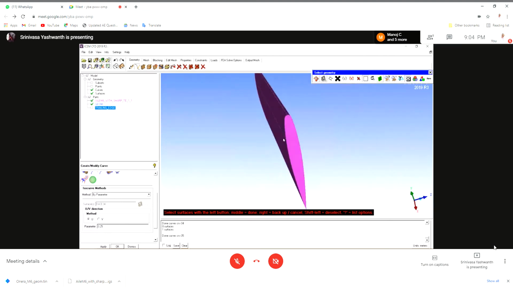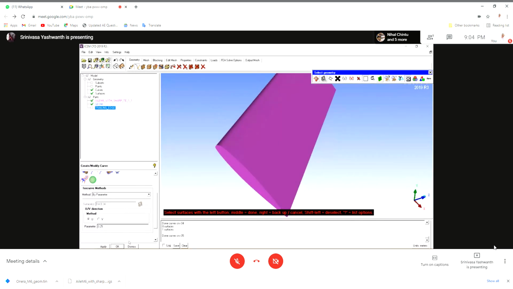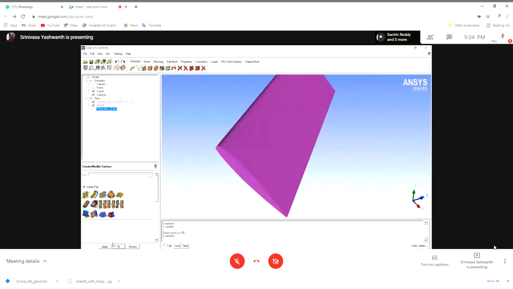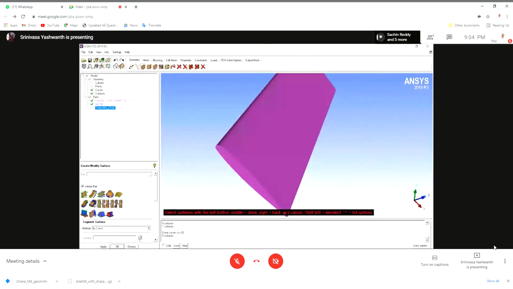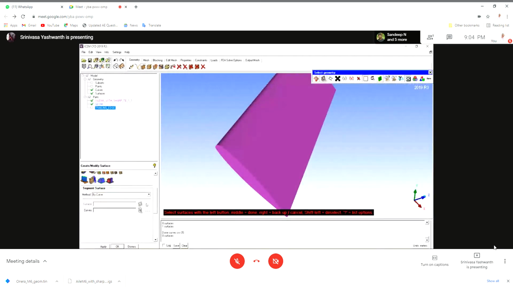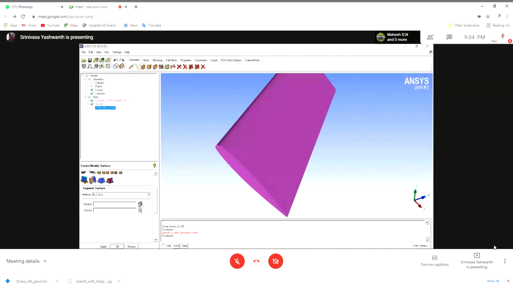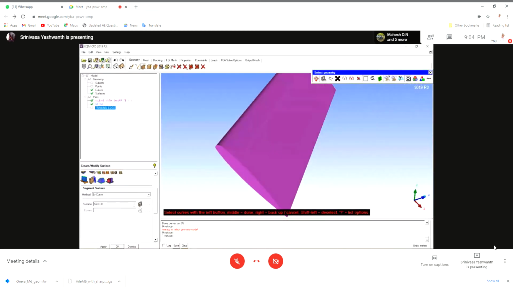Okay. So here now we can flip this upper and lower surfaces using the option in create modify curves, that is trim surface, segment or trim surface. So this will take a surface and the curve as input, and will give you two surfaces depending on how many curves you select. Okay. The surface is this, and the curve is this.